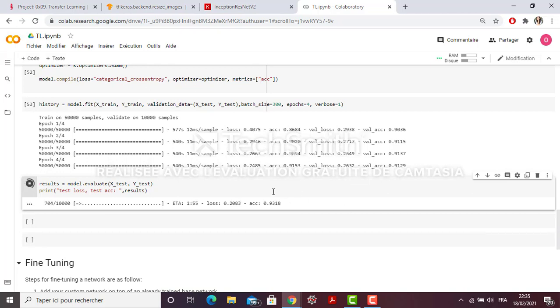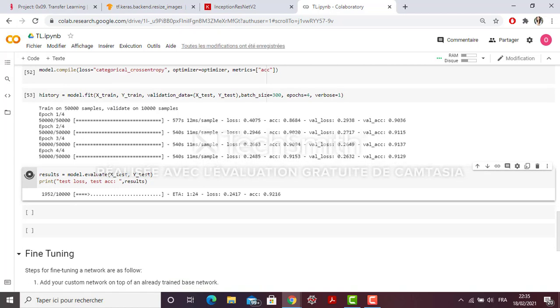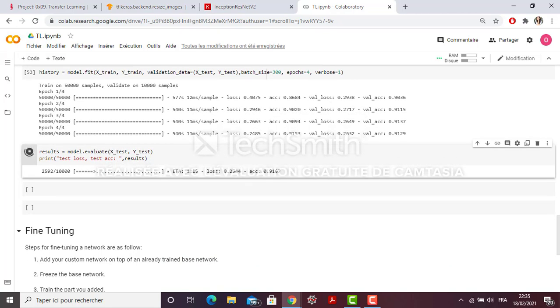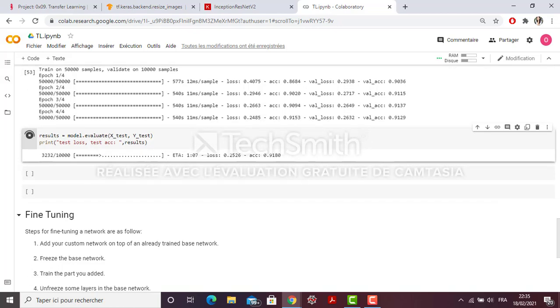So here we have the evaluation. It should be the same as the last validation accuracy. So 91 as accuracy is a good accuracy, knowing that you have a low loss and you don't have overfitting. So it's a good result.